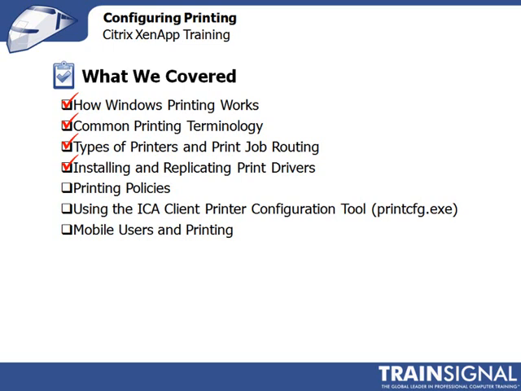And then we talked about printing policies. We went back into the Citrix policies and discussed the different types of policies that relate to printing in particular. We talked about universal print drivers and the native print drivers. We talked about bandwidth limitations and how you can set that accordingly within the print driver policies or within the print policies themselves. We then talked about and published the ICA client printer configuration tool,